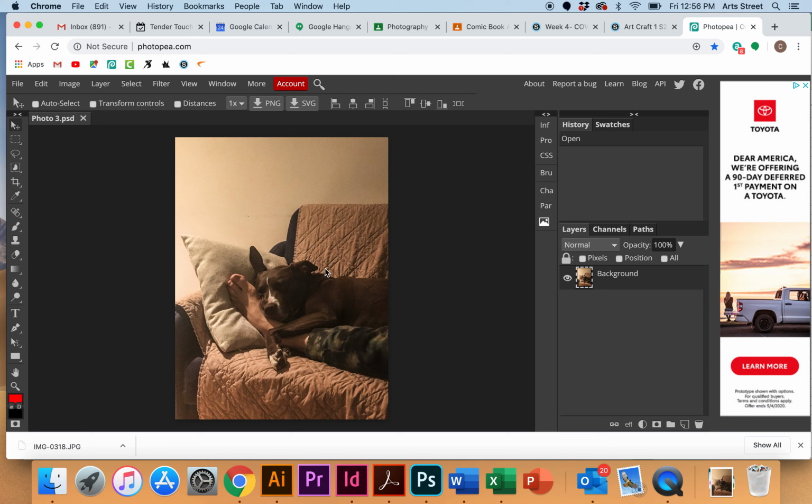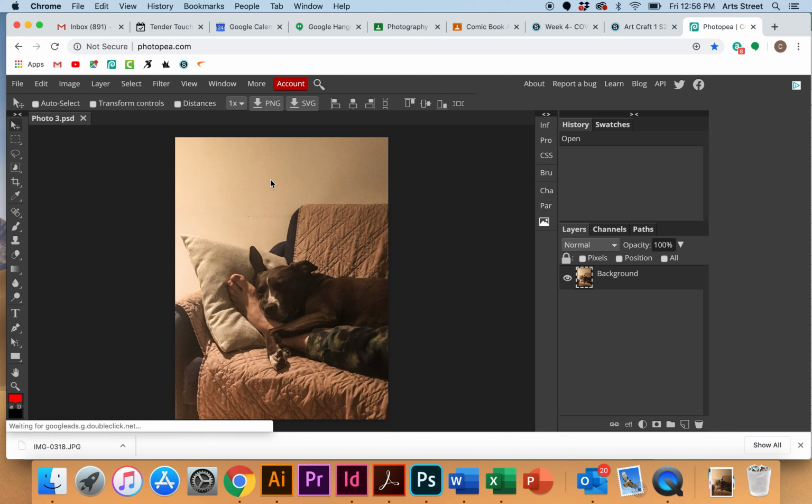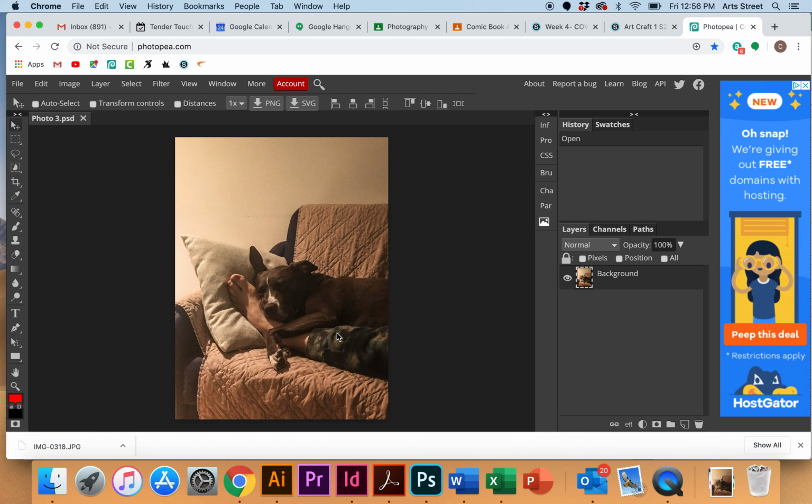So this is the photo that I'm going to be working with. What I loved is that it captured so much of what I've been doing lately. My dog, me just hanging out on the couch, a certain level of laziness, and a little bit of waiting just to see what happens and see where things go. So the word that I am actually going to add to this is waiting, and I'm going to show you